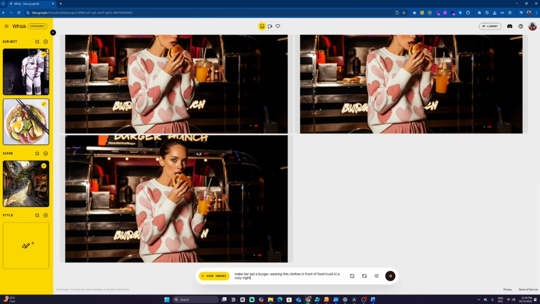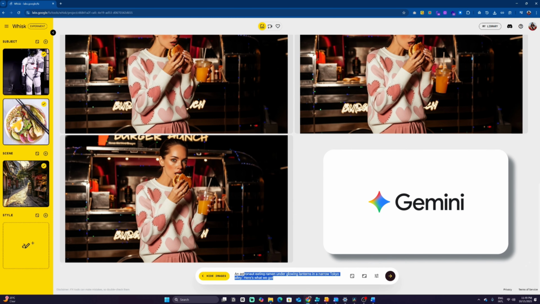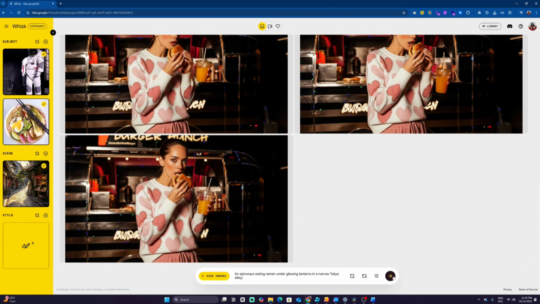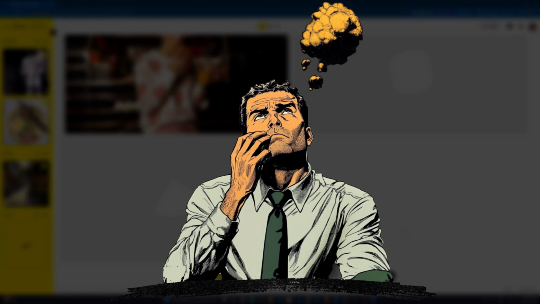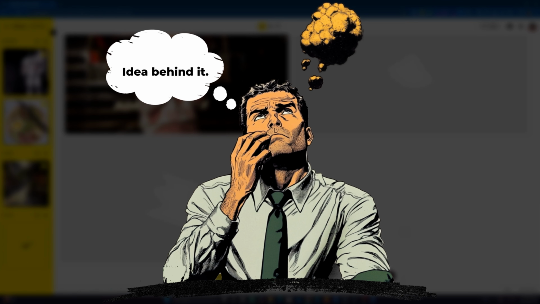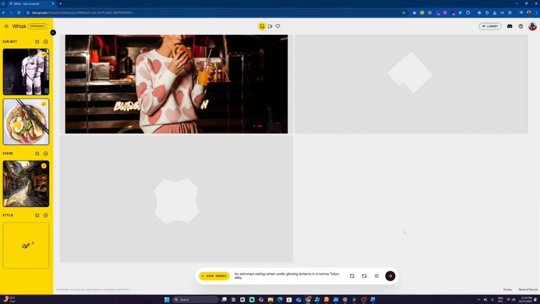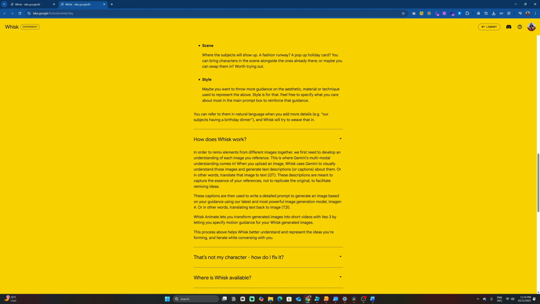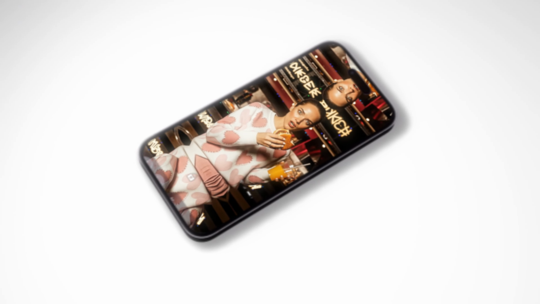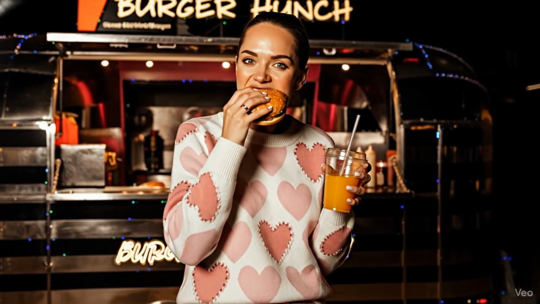Before we close, here's a quick note for the tech curious. Whisk uses Google Gemini to understand the images you upload by turning them into text descriptions. Basically, it reads your image and captures the idea behind it. Then it uses Imagen 4, which is Google's most powerful image model, to turn those ideas into new visuals. And when you want to animate your image, it uses Veo 3 to bring your scene to life with movement